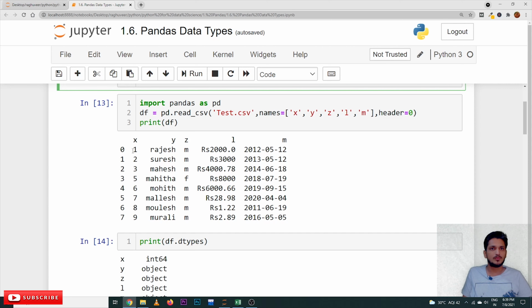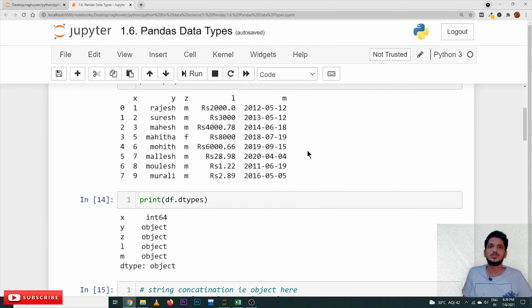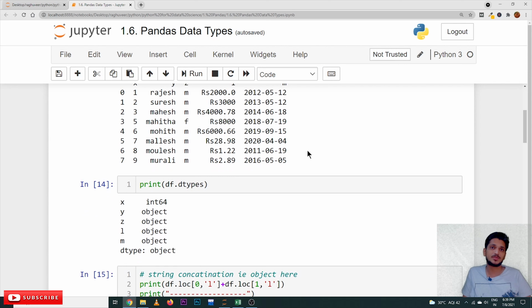If you observe the x column, we have only integer values: 1, 2, 3, 5, 6. Whenever you read data from the CSV file, the data frame class will automatically convert it into its default types. Let's check the data types.